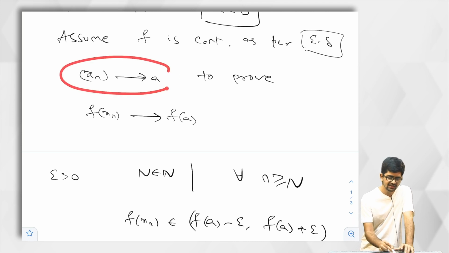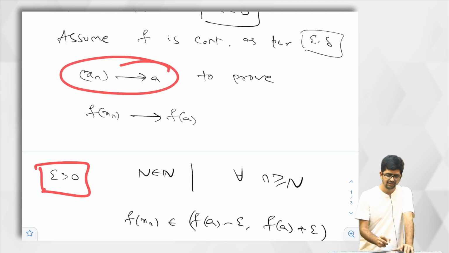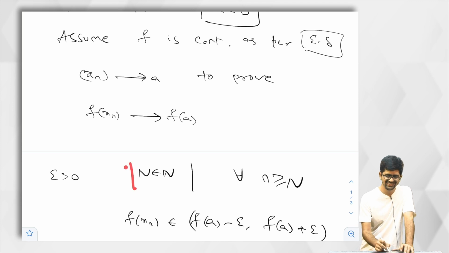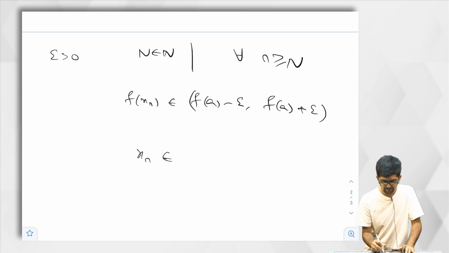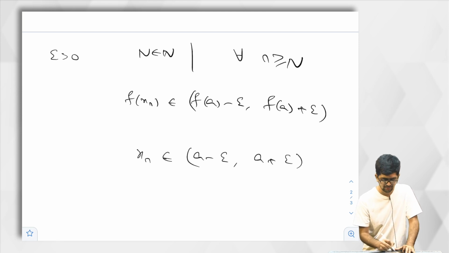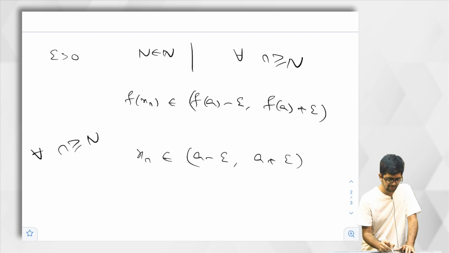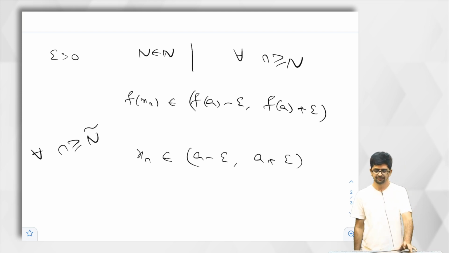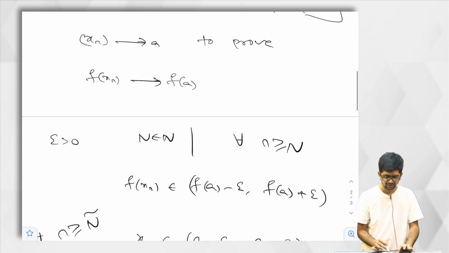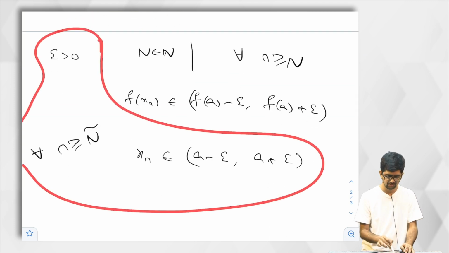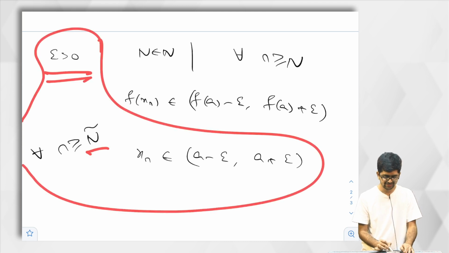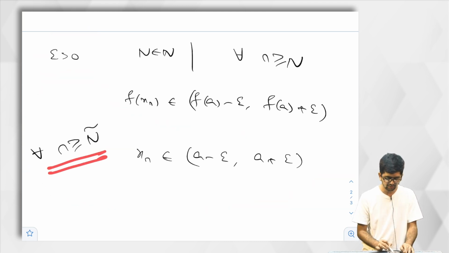What do you know about sequence convergence? Given epsilon positive, there exists n belongs to N, not the same n, some other n belongs to N, such that the following condition is satisfied: Xn belongs to (A minus epsilon, A plus epsilon) for all n greater than or equal to n tilde, whatever it is. Xn converges to A means this: given epsilon positive, there exists an n such that for every n greater than or equal to n,